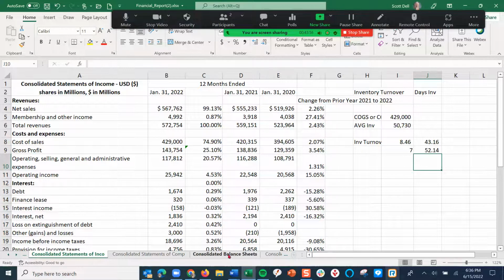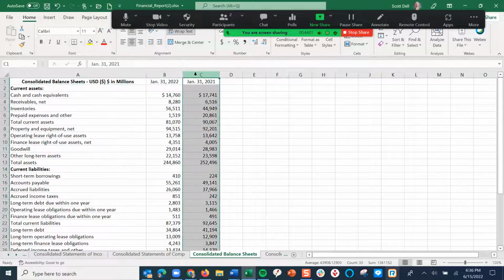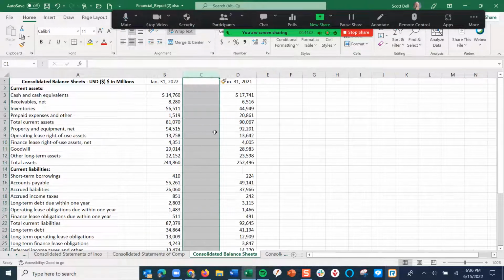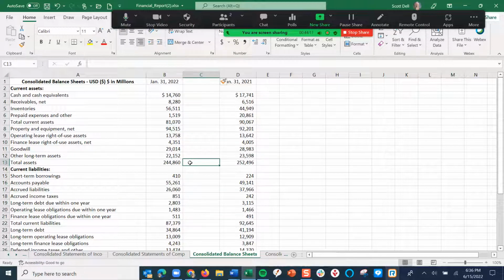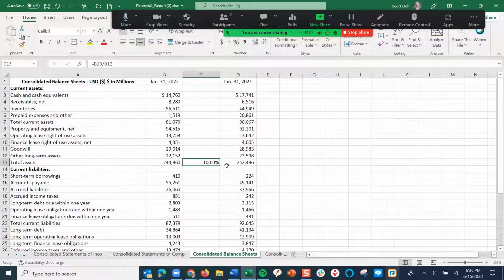Okay, let's go back to the balance sheet. And I'm going to play with a few more numbers here. I'm going to insert a column between these two. And let's do a current ratio. Well, let's do a vertical analysis first. Remember we did that, we said total assets is the 100% number, equals that slash that. Make this column percentage. I'll just do one decimal place, it's easier to see, less numbers to worry about. And I'm going to change this to $B$13.